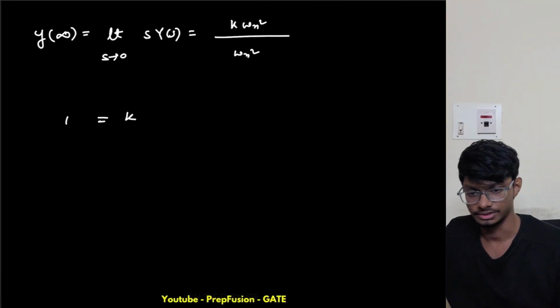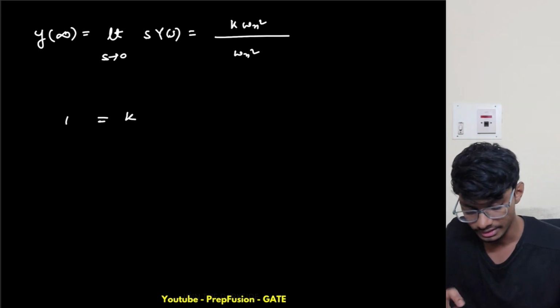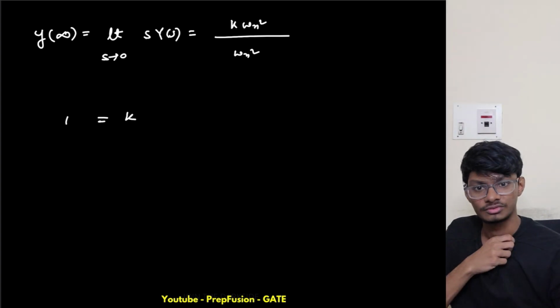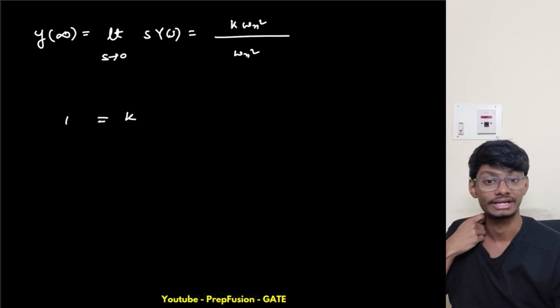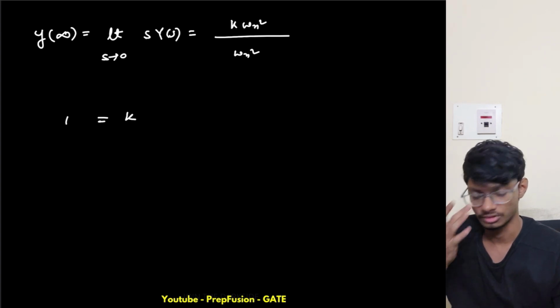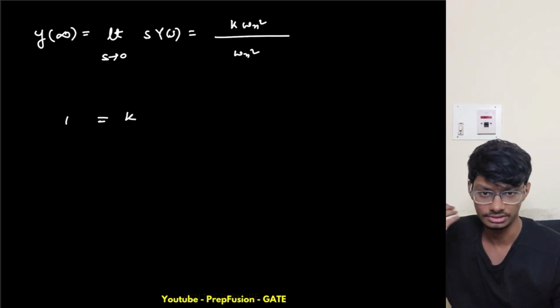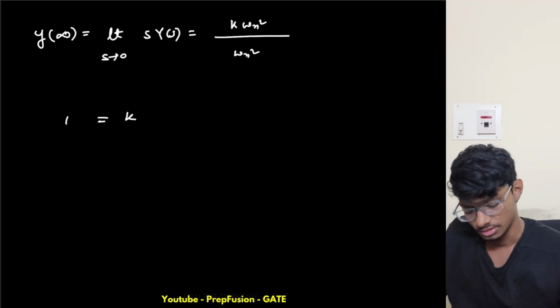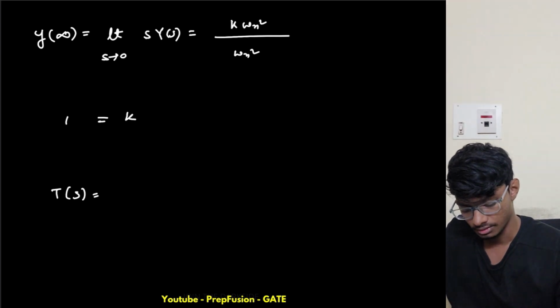So k is equal to 1 itself. That is not an issue. So I get k, I know zeta, I know omega n. What else do I need? I need nothing, right? So everything is done. But a is not known, but a is unit step, okay. That is the amplitude. So a is also known, right? It is unit step, so it will be 1. So my transfer function, okay, will become